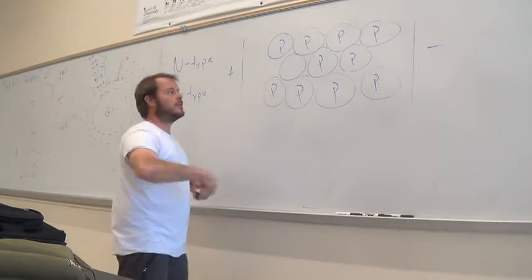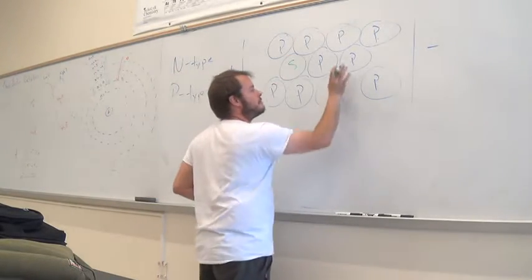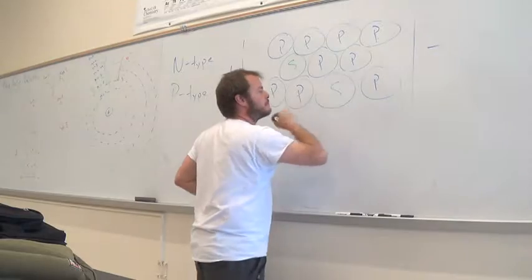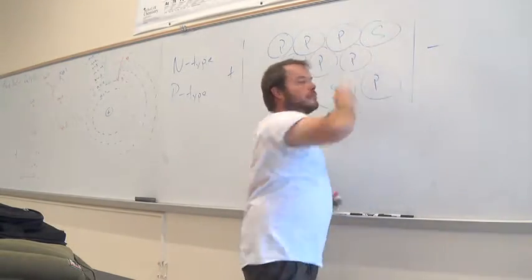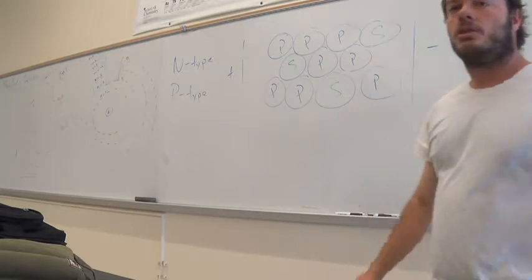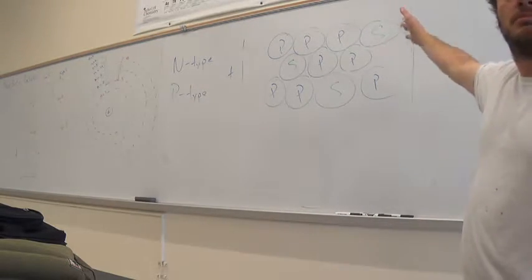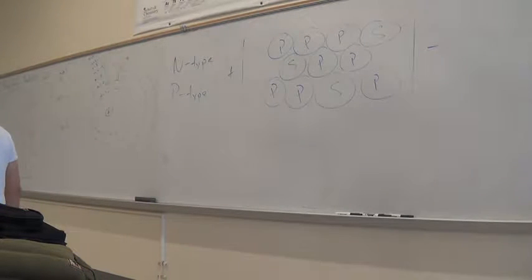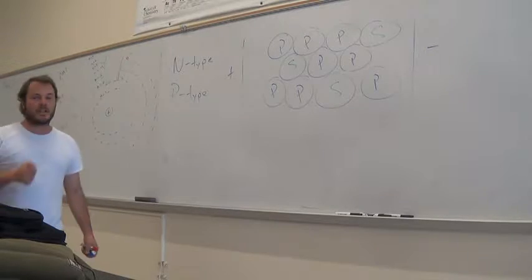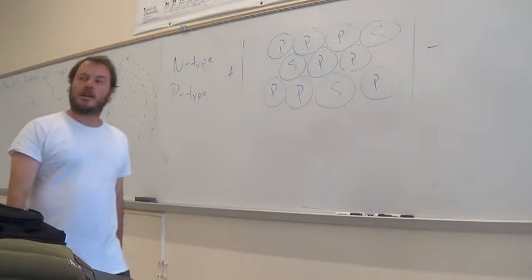Pull it out and you stick in a sulfur atom, and now you put a potential across there, you're going to be able to conduct electricity. Current is going to flow across that. And the reason for that, the explanation, is that